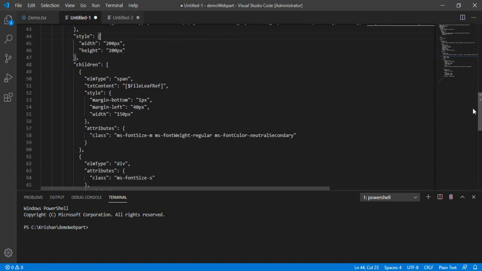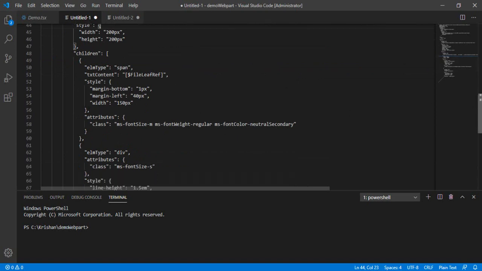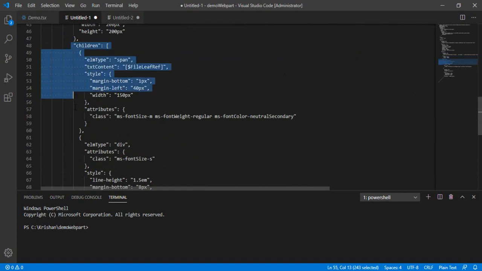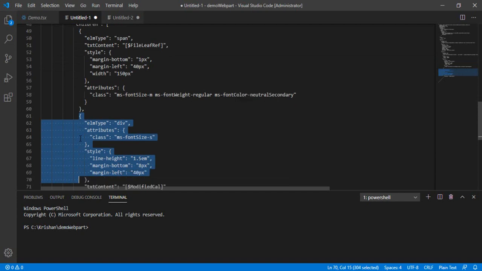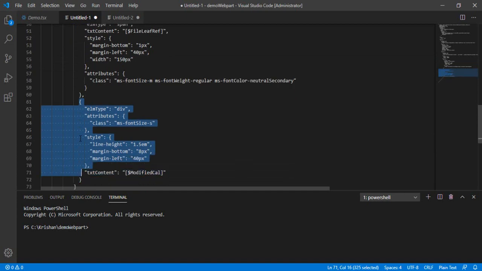Beneath that, I would like to display the title of the file along with the date. You can see in the children I'm specifying this styling attribute, and the text content is FileLeafRef, which is the name. As well, within the same JSON, I'm specifying the text content for Modified.